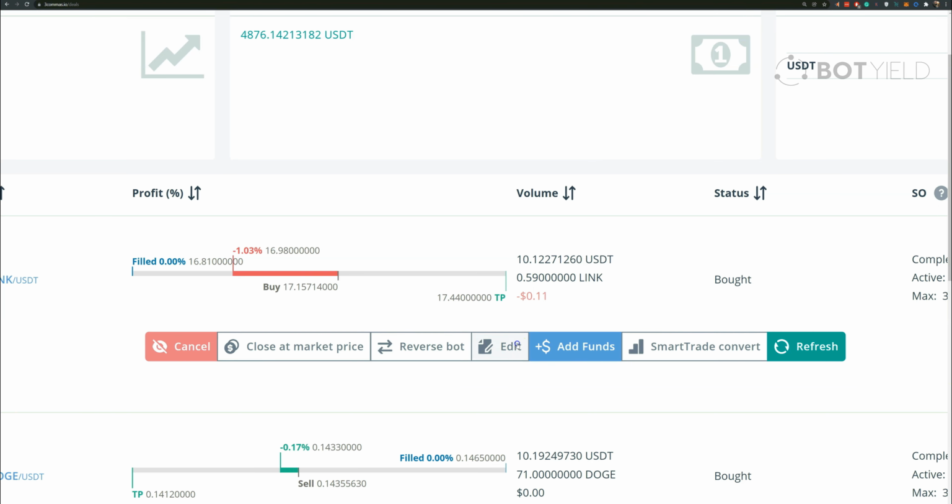Then we have edit. You can edit your bot. You can add funds to the bot, so you can increase the bot. It means you can make the trade bigger. And then you have smart trade, which is a very powerful feature. We're not going to go into this now, but if you're an experienced trader, this could be really helpful. And then you have refresh. If you click on refresh, you're just going to refresh your bot here,